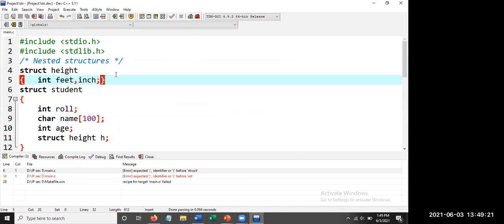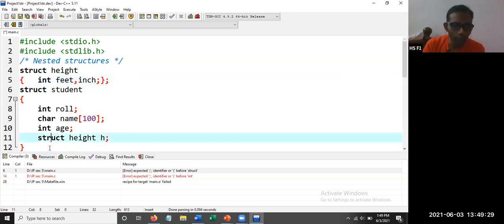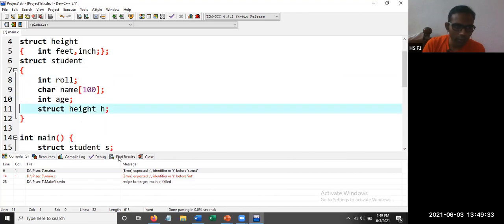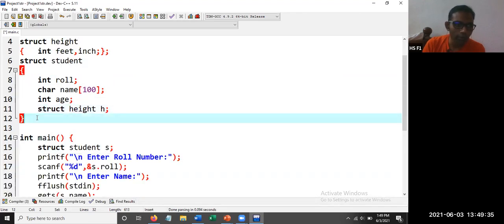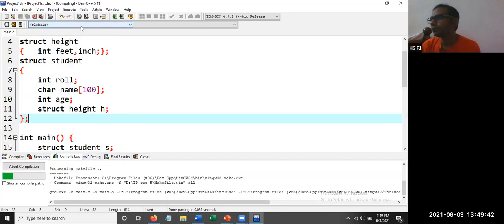It's outside the bracket. Yeah, after the flower bracket, we need to write the semicolon. Good one. Thank you, both of you. So here also the same thing. After the flower bracket for a structure, we need to write semicolon. So execute, compile and run.